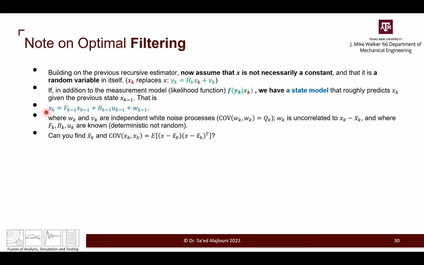Remember, the expectation operator is a linear operator. So we have to take the expected value of this term plus the expected value of this term plus the expected value of this term. It's white noise, so the expected value of the disturbance, W, is 0. What is the expected value of this term, B times u? It is B times u. Why? Because there's nothing stochastic about this term. It's all deterministic quantities. It's like the example I gave last week. If I tell you this pen has an